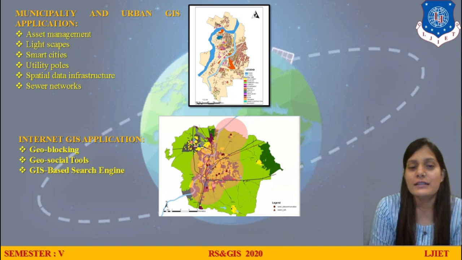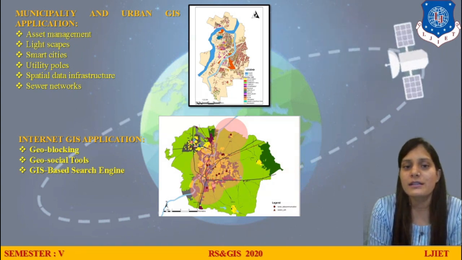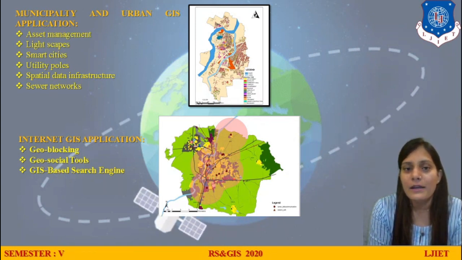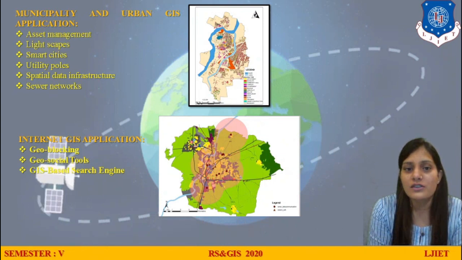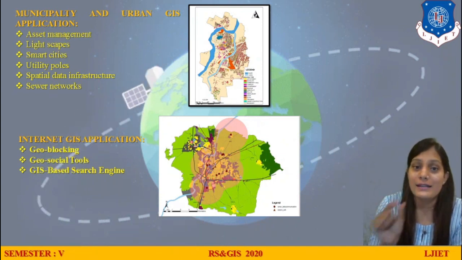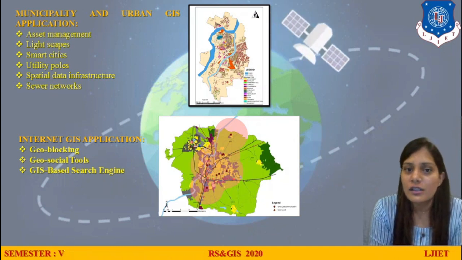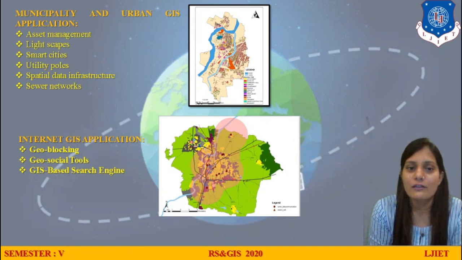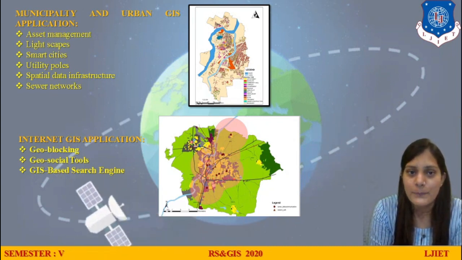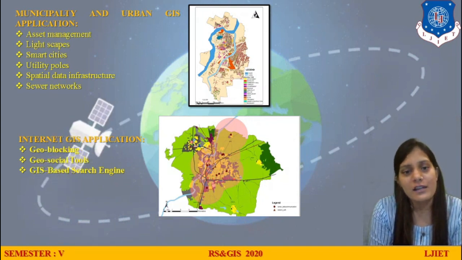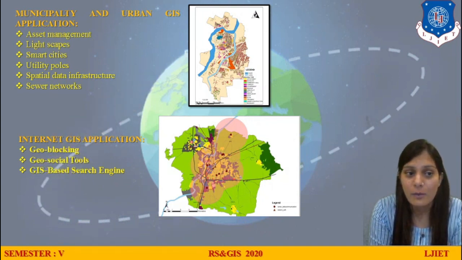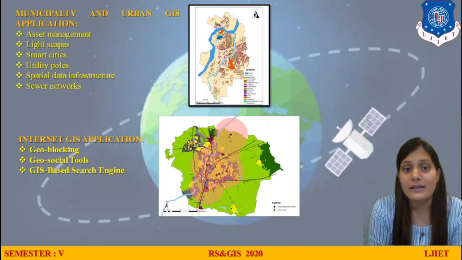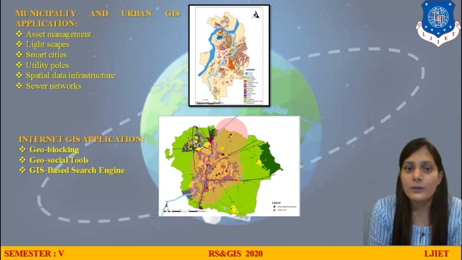Now moving further, you can see the municipality and urban GIS applications. Again, municipality applications, I would like to draw your attention here. You can see I have shown one map, that is the municipality map. I have shown the urban regions and the building footprints. You can see the small squares, that is the building footprints of that city. I have shown here the map of Himatnagar, and you can see what the colors indicate in the map, right? So urban GIS we have already discussed: urbanization, built up area, how much area we have built, and what the utility things are in our city, that is the water network, the gas pipelines, and all that is in the utility counts, right?